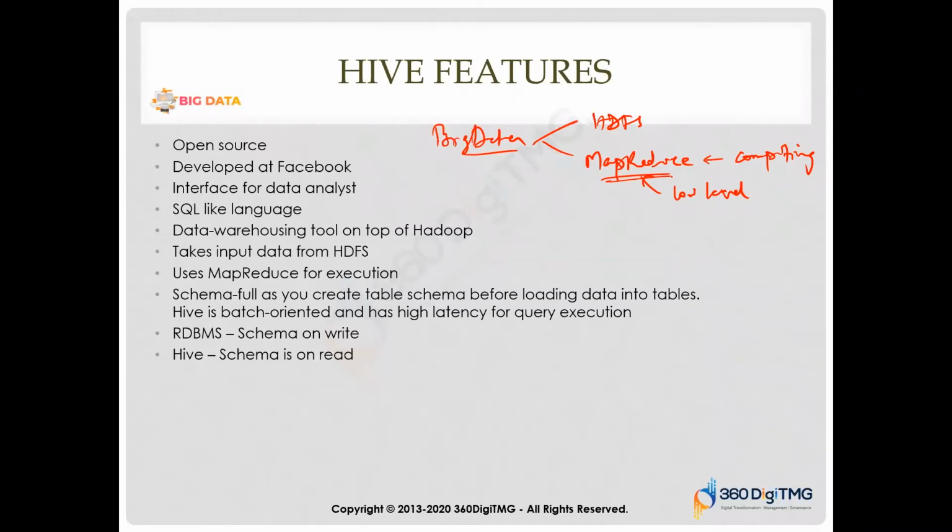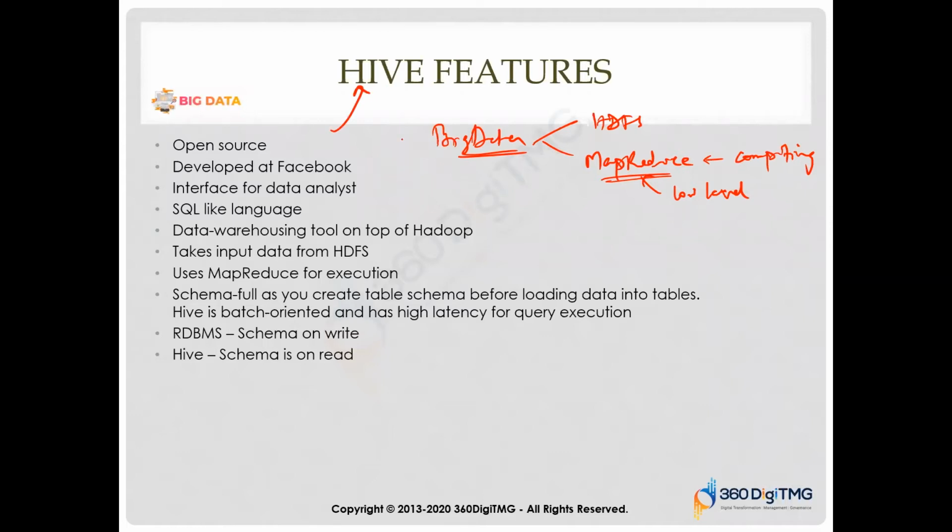Facebook has a lot of subject matter experts, business people. They don't know programming, so they were finding it really difficult to analyze and derive interesting insights from the data. As a developer, you might not have the business logical thinking capability, maybe. That could be a challenge. So Facebook wanted something new which can help them process this big data that is getting generated. So they started the Hive project.